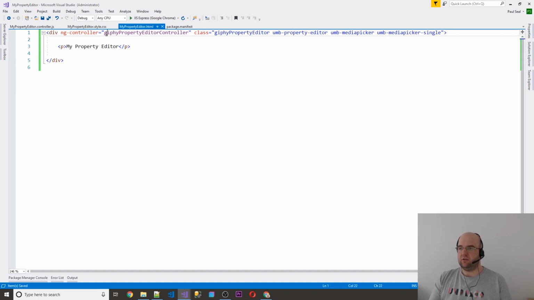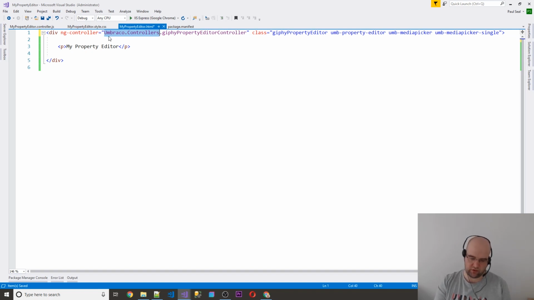We're going to rename the controller. So Umbraco like to do umbraco.controllers dot and then like that. So this isn't part of Umbraco's namespace. I'm not sure what namespace we should do. I've seen my dot. Maybe we could do that. My dot property editor dot controller. I don't know. I just kept it like this. I'm just going to keep it like that. It was simple, and that